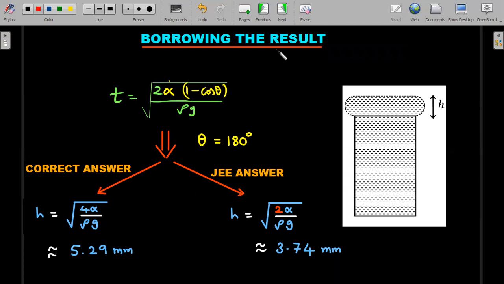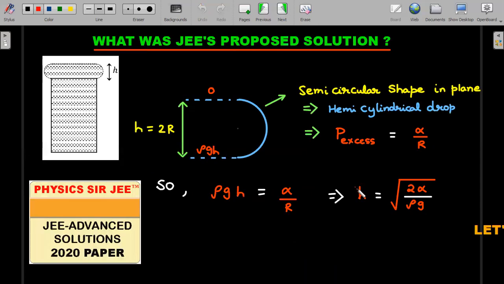Okay, right. I hope you're ready to dissect this. So what was the JE's proposed solution? Okay, so let's go very slow. If I take this small bulge and take their assumption seriously that this was a semicircular shape, okay, right? And into the board, there is a DL width, and I cut that semicircular part and place it here, okay,